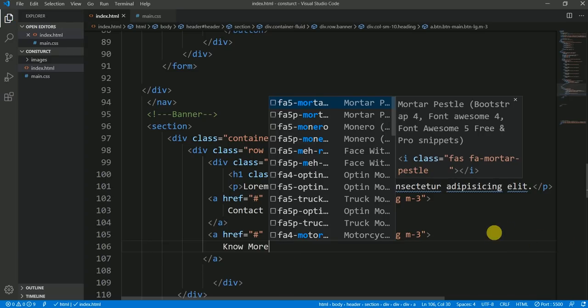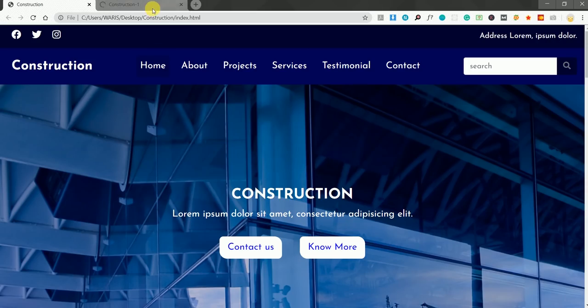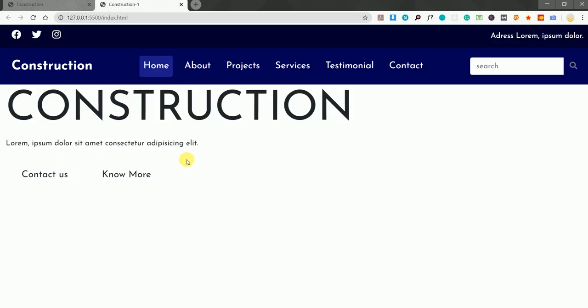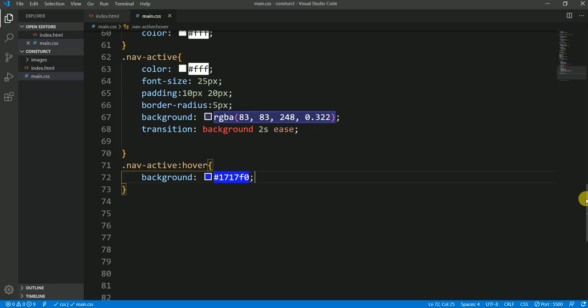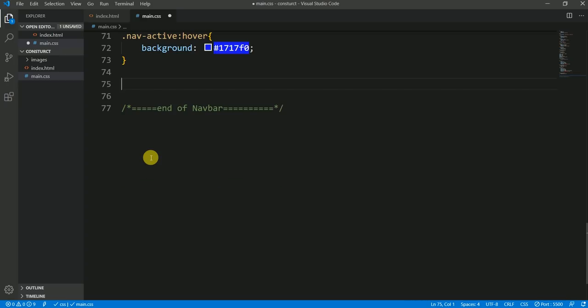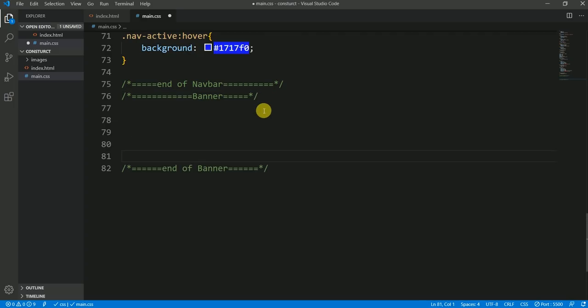and the banner section is done here. Let's move on to the browser, and yep, we have a title and this subtitle and the links. Okay, so let's go to the CSS, to our style sheet, and okay, after this I just want to go with, let me see, banner section. And this banner section, and then end of banner,